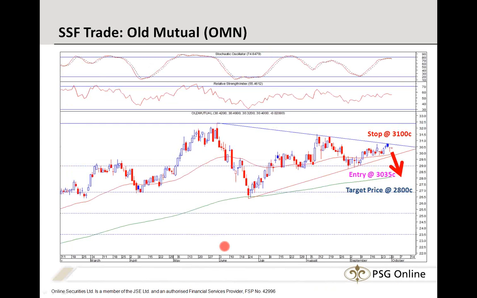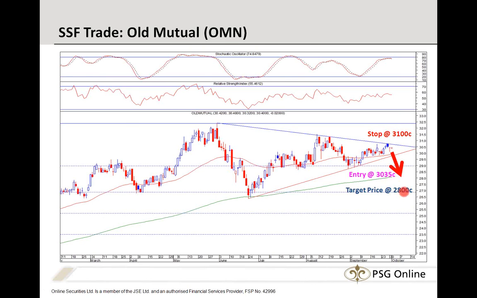Let's say, for example, you're going to trade a single stock. You're going to trade a short on Old Mutual. Okay, so I got the code wrong here. This is OML, not AMN. Okay, so anyway, you do your technical analysis. You anticipate the breakout of this triangle back down to maybe the 200-day moving average. You go short at 30 Rand 35 cents, with the idea of buying it back at